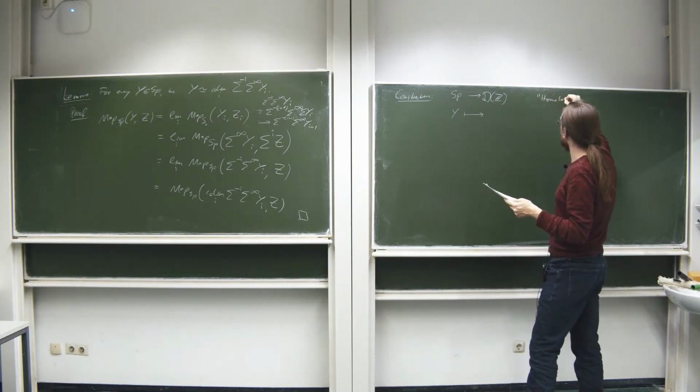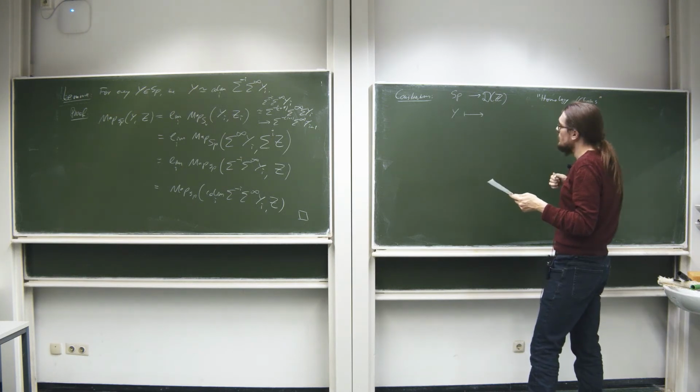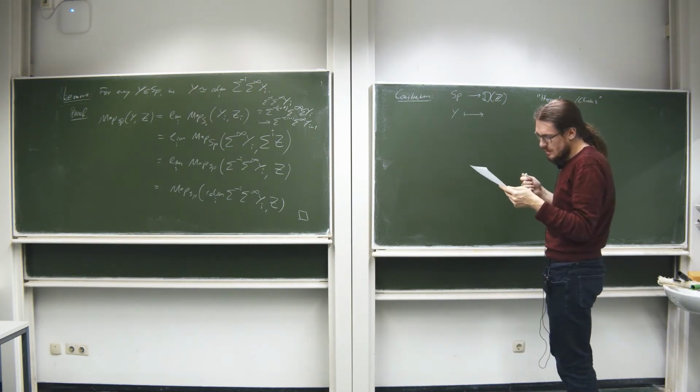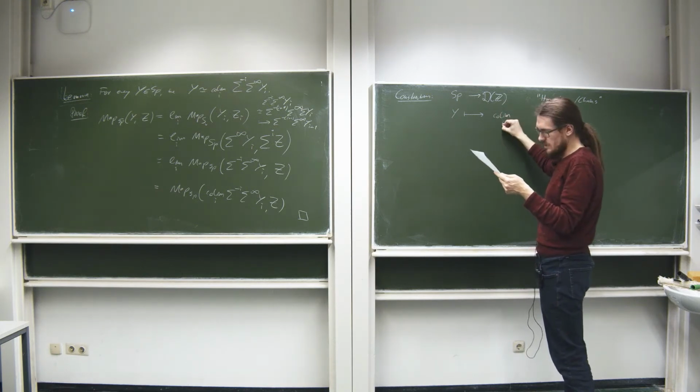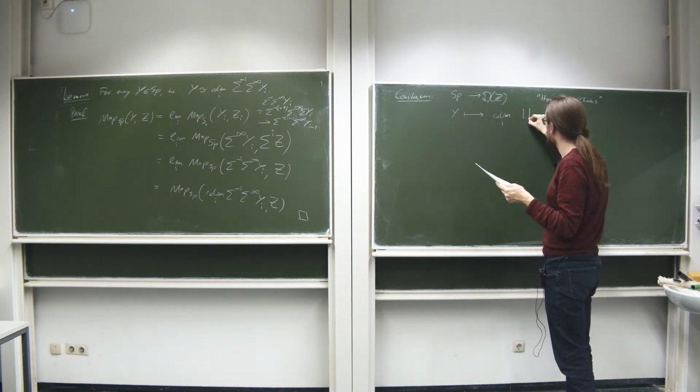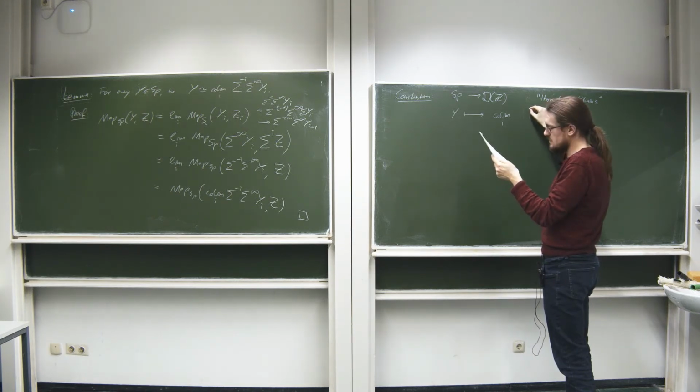The idea is we take Y to the colimit of the singular chains